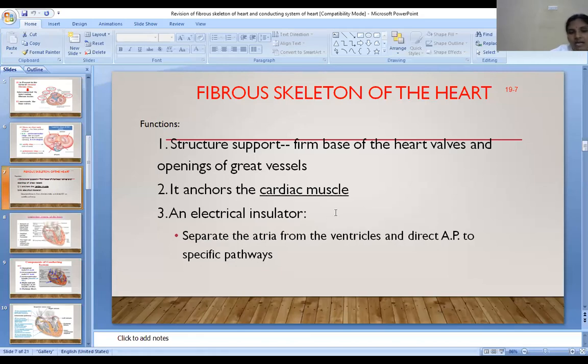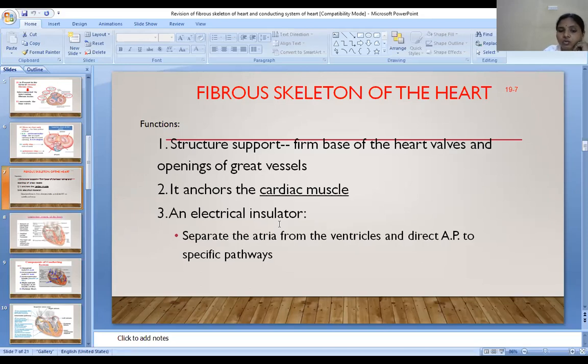So what is that? Electrical insulator. Moreover, it separates the atria from the ventricles, then directs the action potential to the specific pathways. So how is it done? For that, we have to know the details of the conducting system of the heart. Electrical insulator means at the junction between the atria and the ventricles. So how do the electrical impulses travel from the atria to the ventricles? There is a junction point, that is